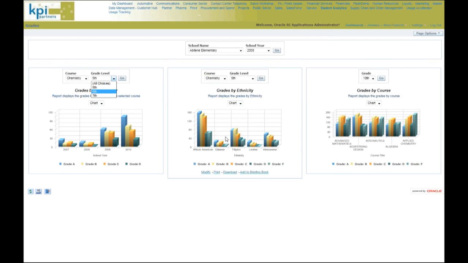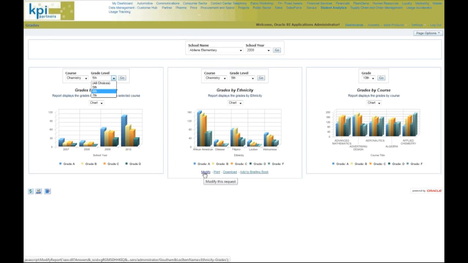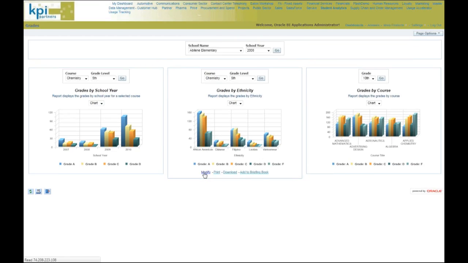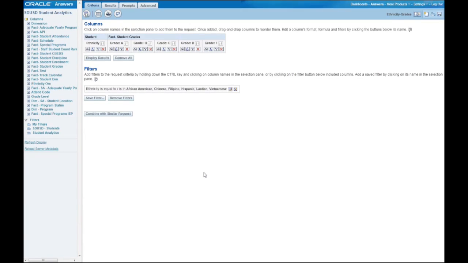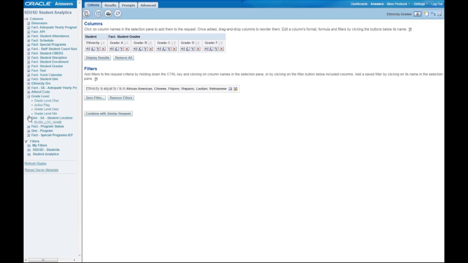grade, ethnicity, even down to the teacher. So I can trend out of the box within a couple clicks. Maybe if I've got this report, I want to add teacher as a drop-down or a selection criteria. All of this is completely modifiable. One click takes me into this, and then I could literally come down into staff and just add teacher to this overall report, and/or break it down by grade, student location,